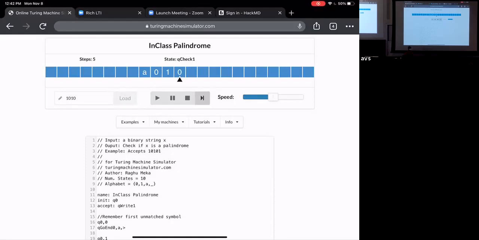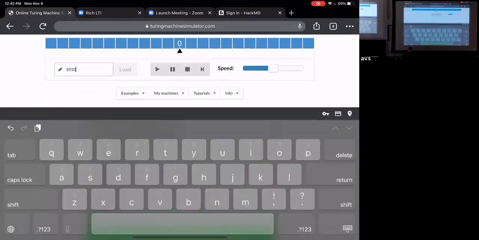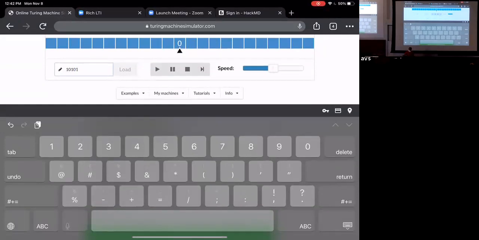It didn't find a 1, right? So that means it found a mismatch. So what should it do? I wrote it as Q reject because, I mean, I should have said Q write 1. Okay. And then you keep going to the left, clean up the tape, find the start of the tape, which is a triangle symbol, and then you write 0 and stop. Okay. That's it. And you can make it more messy.